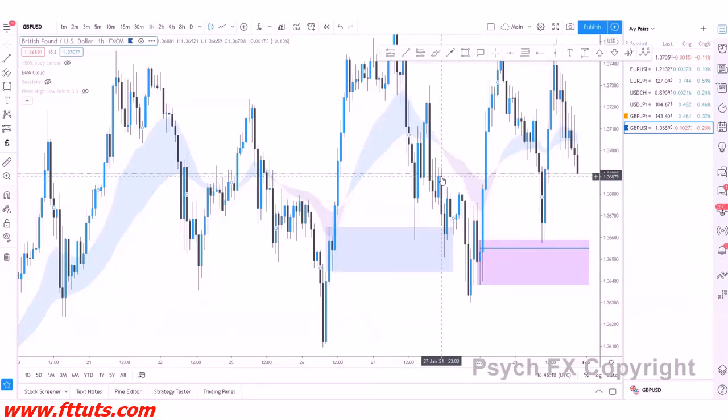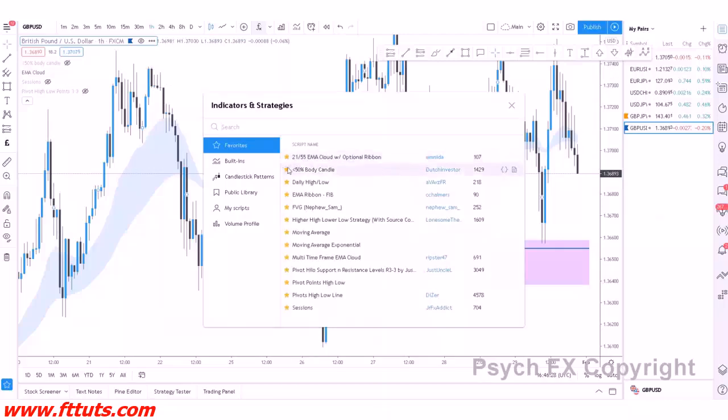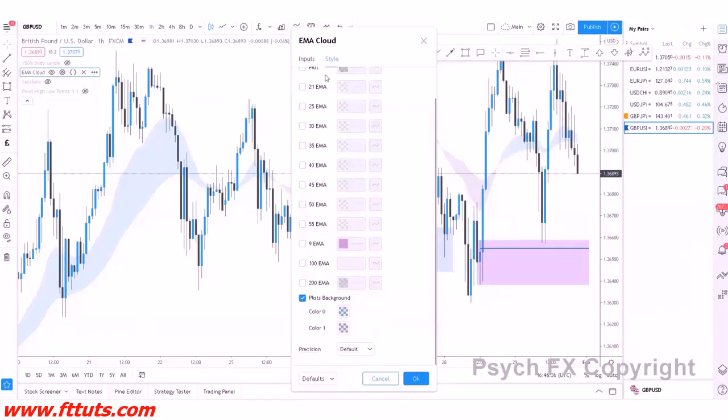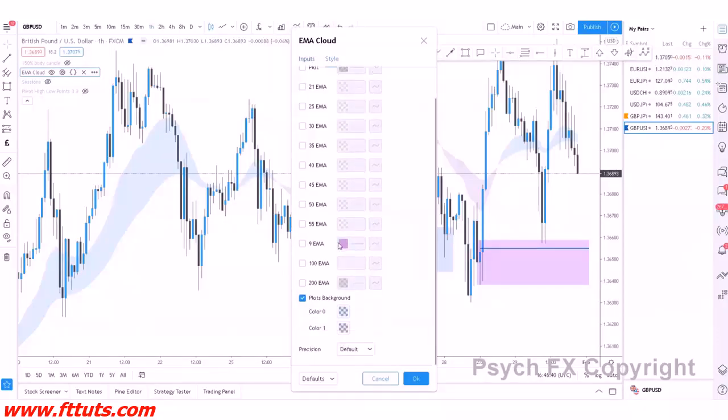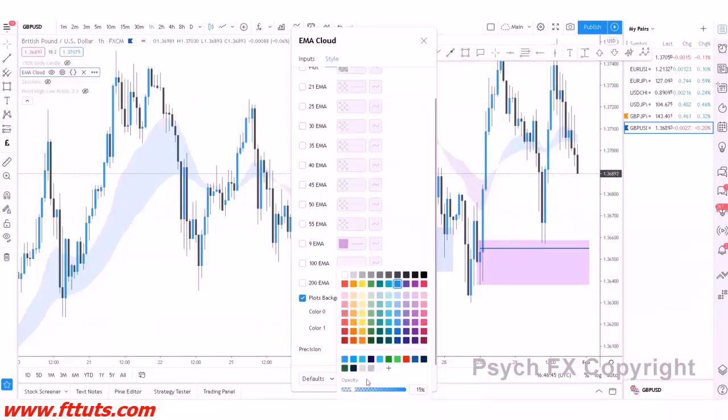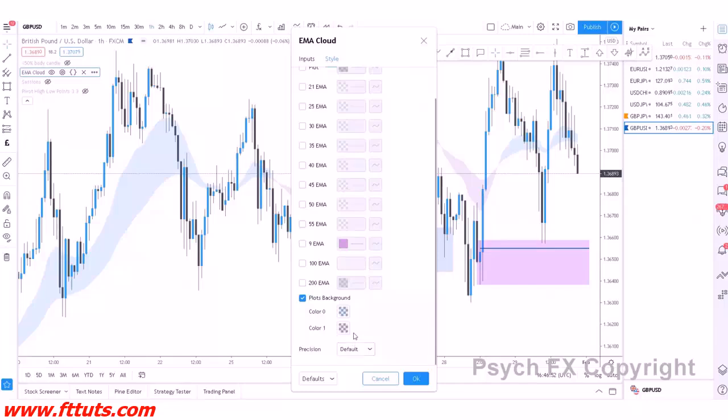So I hope that that's made sense. Moral of the story: trend lines, EMA cloud. My personal favorite is the EMA cloud for this. This indicator that I'm using here is this top one here, I believe. Yep, 21/55 EMA cloud with optional ribbon. Okay, my settings, when you first get it, it's going to look pretty disgusting. So my settings are basically, this is all left, okay, and then this, I've gotten rid of all of these, and I've just left plots background, and I've changed it to a light blue with low opacity down here, and then for the bearish, I've put it in purple with a low opacity as well. Okay, so